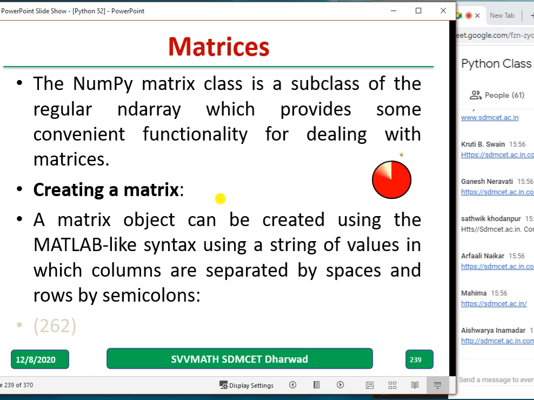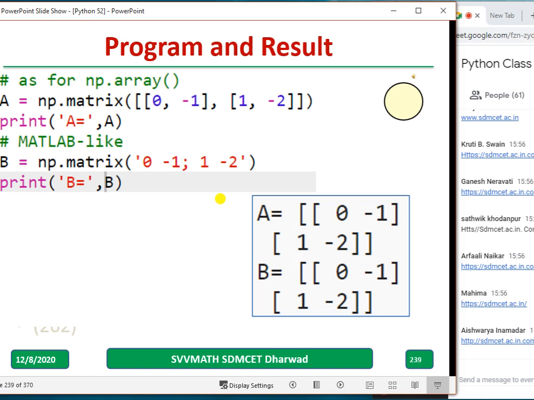the one simple example. In this example I have taken A equal to np.matrix 0, -1, 1, -2. I am printing A. I am taking a B, which is a matrix the way you do it in MATLAB. Like that I am assigning B and printing it. Both are the same. This is one method of how we can do it, and this is the second method. Copy this hardly 2-line program, showing how we can